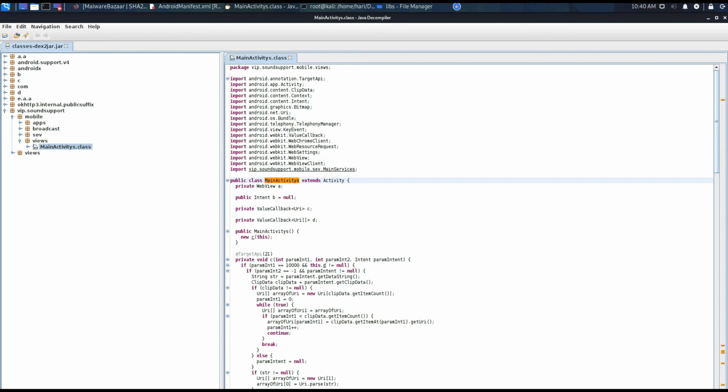From the source code we can see they have declared one web view. It means that this application is using one web browser. Usually web views are used to embed web browsers, like Chrome or Firefox, in your Android application. If you want to use that inside your application, you will be using web view. So from this we can understand they are using one web view, and they are using one intent. Intents are usually used to navigate and to transmit data between different screens or different applications.